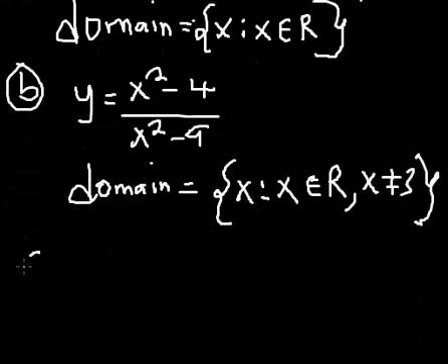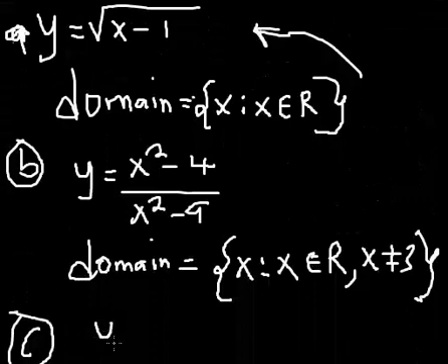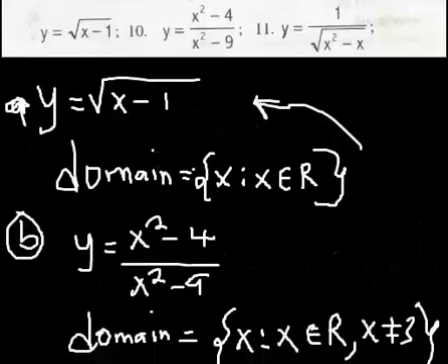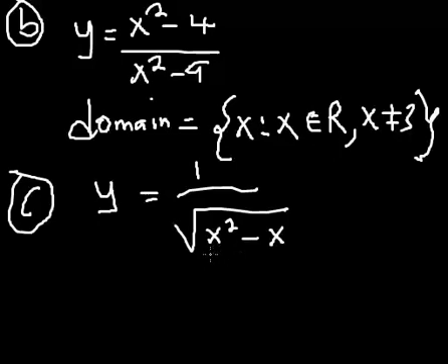And of course, finally, the last but not the least, I have the c part of the question, which of course is y equal to 1 all over the square root of x squared minus x. Okay, discover that in this case, if I put x to be 1, right, this will be 1 minus 1, and of course it will make this square root 0. Square root of 0 is still 0. Okay, so x equal to 1 is excluded. Okay, so my domain,